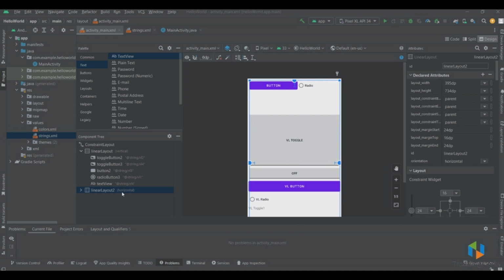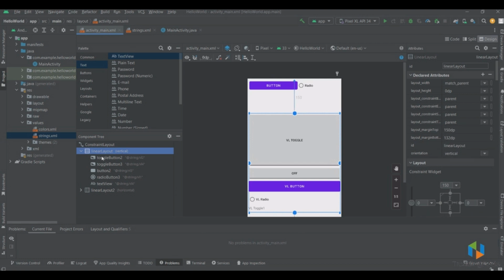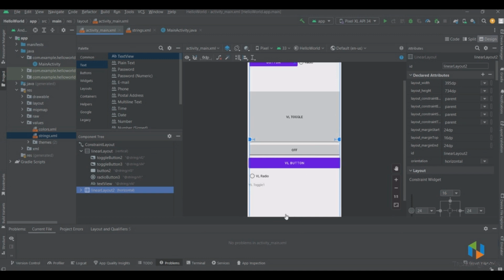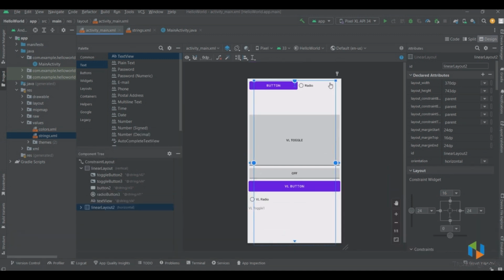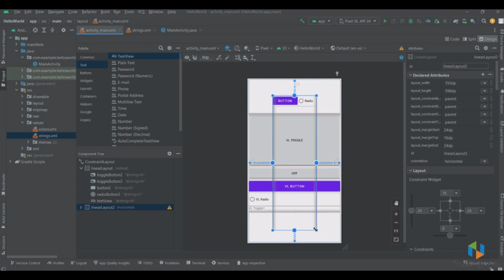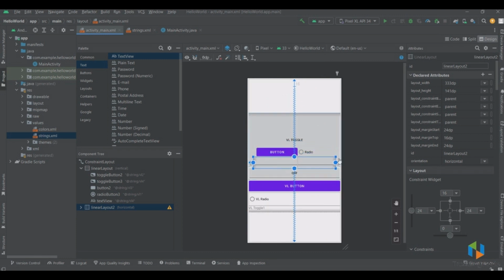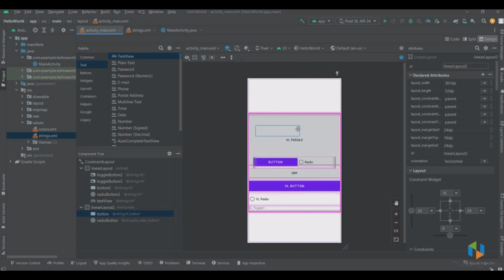We have seen how the linear layout and horizontal layout are added, and this is a vertical layout. If you want to reduce its size, you can do it by clicking on this part and reducing this layout. And if I go with the horizontal layout and want to reduce its size, I can just scroll a little bit, and this will be reduced from here till here. So all the buttons and radio will be aligned here. So if I want to drag it,